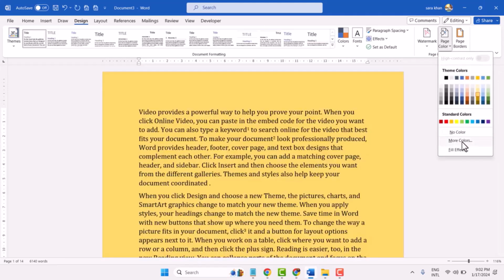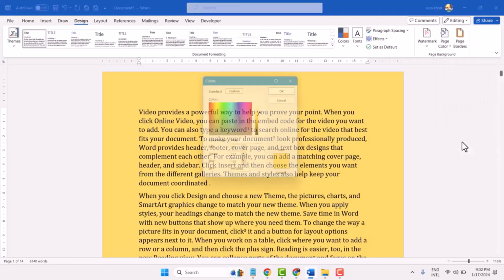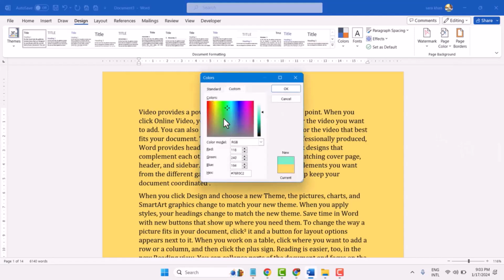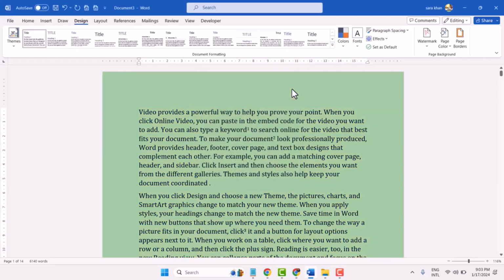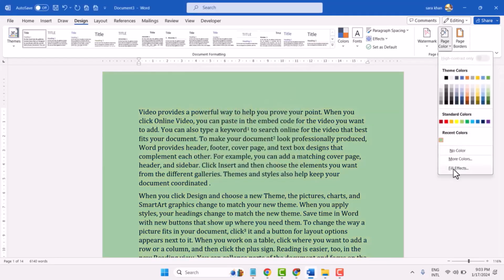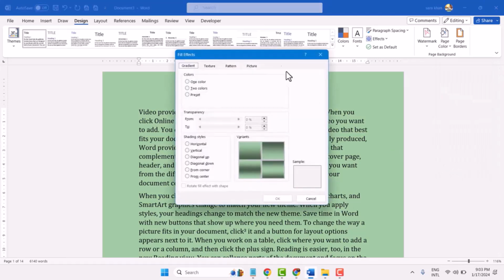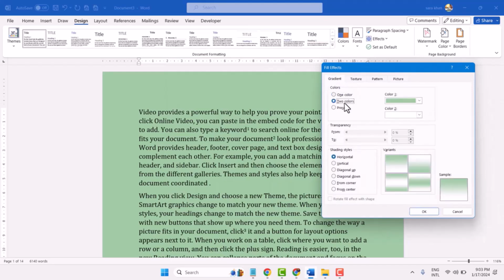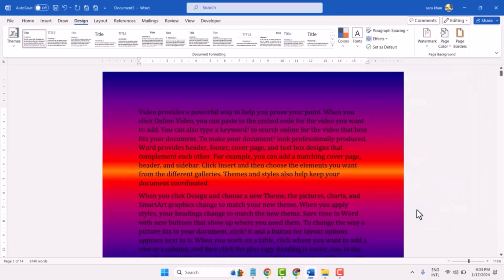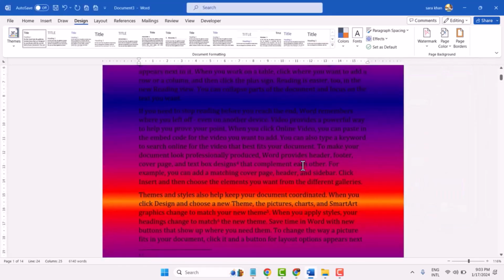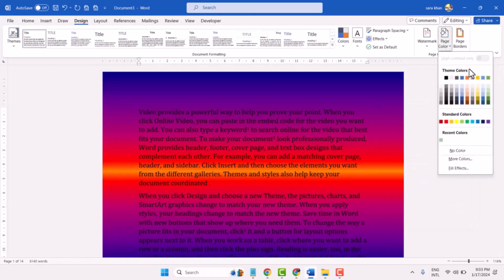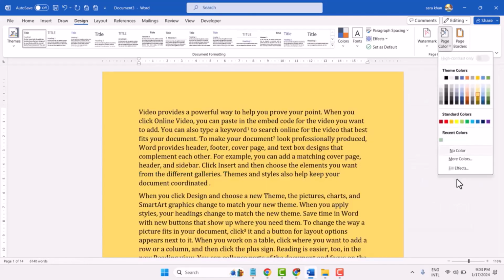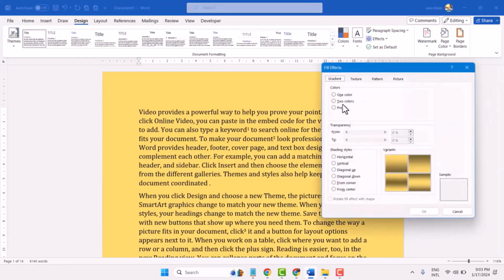Here guys you can set more colors. In Fill Effects you can select gradient, one color, two color or preset, horizontal, vertical. Fill Effects and preset